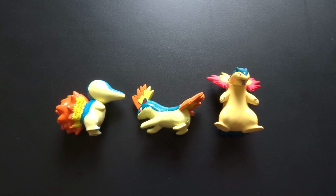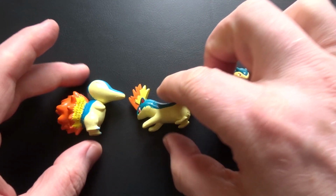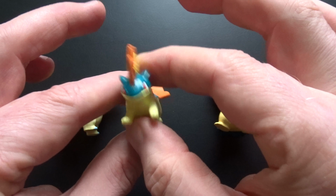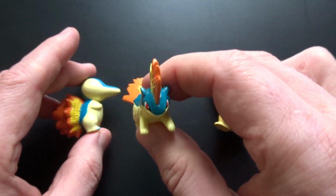This is the clue. We are talking today about one of these Pokemon. We are talking about Quilava. And Quilava is one of my favorite Pokemon. I know a lot of people who like it. I know one person who likes it very much, but we are going to be talking about Quilava in the